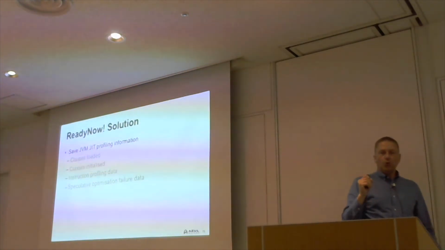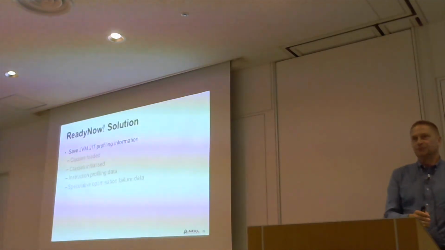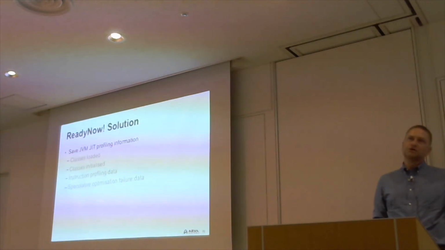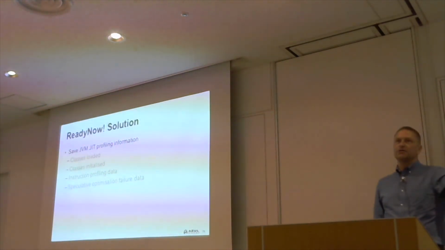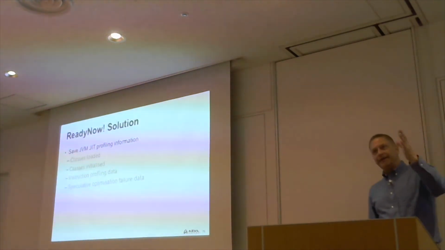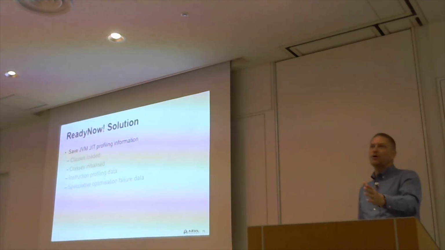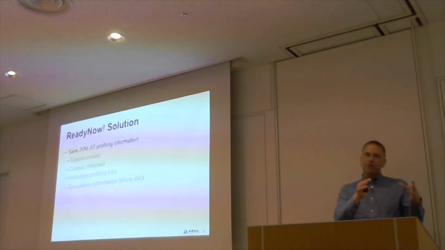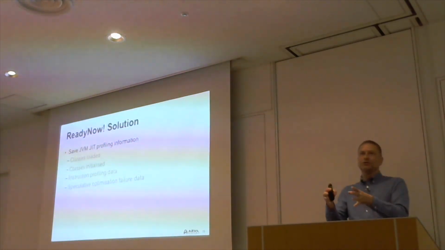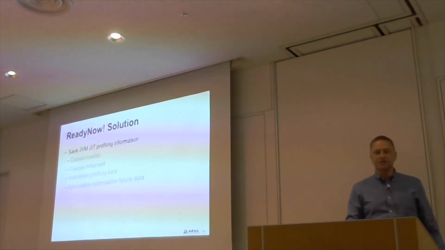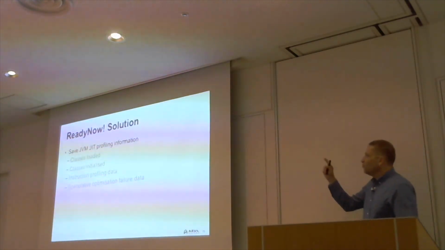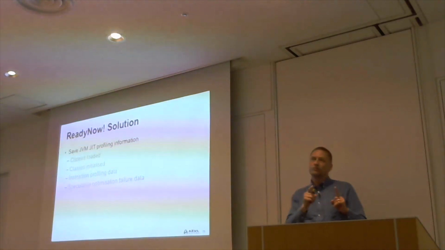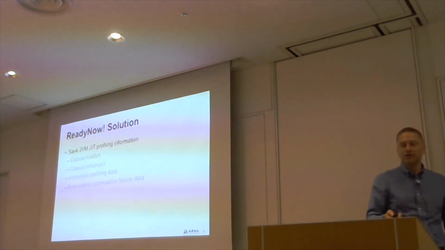We also record all the profiling data that's been recorded by the JVM up until that point. So that was what was used when the C1 code was being run, and then when the C2 compiler, or Falcon, recompiled it, it was the profiling information that was used in order to generate the optimized code. And we record the speculative optimizations that failed. So what didn't work when we tried to optimize further.